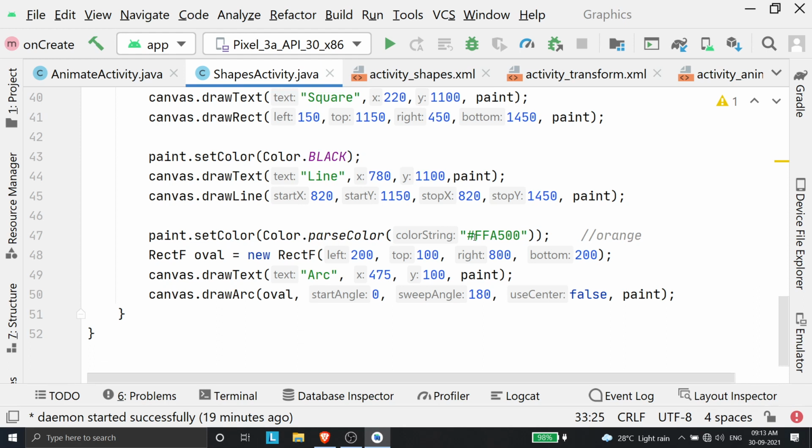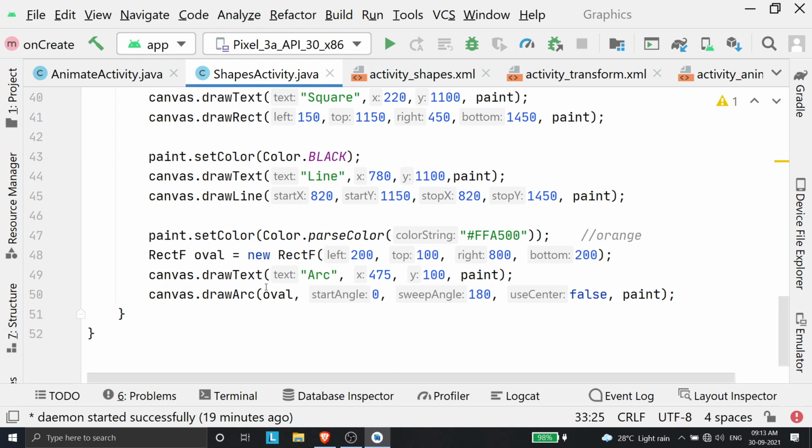And then I specified it as FFA500, which is basically the color code for orange. So what this will do is parse the color into its long format, long in the sense of a long integer object, and then it will set it to that color using paint.setColor. So now it will display something in orange.